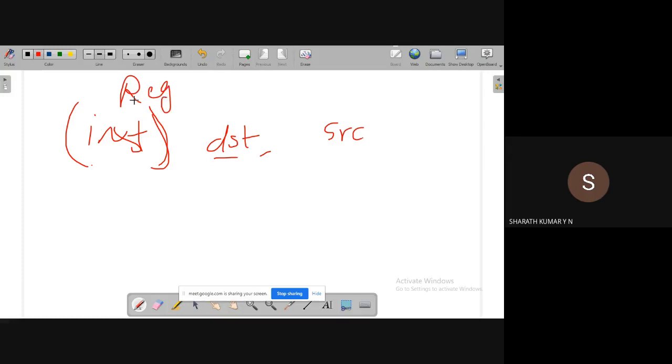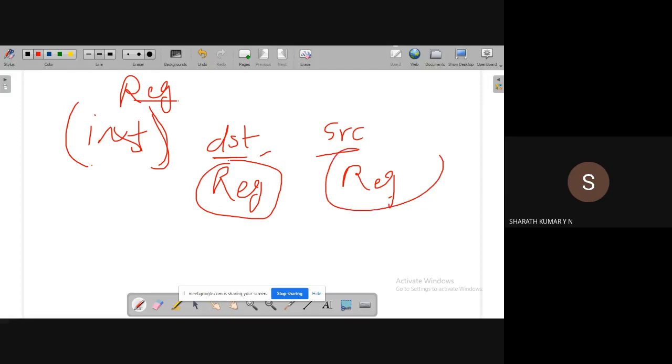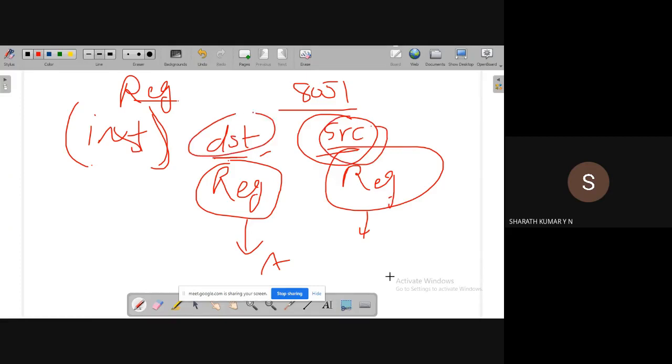Next type of addressing mode, register addressing mode. Both source and destination have to be registers, and one of the registers must be the accumulator. The condition in an 8051-based microcontroller is that one of them should be the accumulator, depending on our requirement, whether we are transferring data from a register to the accumulator or from the accumulator to a register.